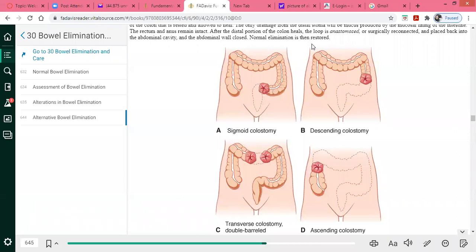And the chapter talks about how a colostomy is further divided by its location along the large intestines. And they actually show you different pictures where this is a double barrel colostomy in the transverse area, the sigmoid colostomy, descending colostomy, ascending colostomy, and